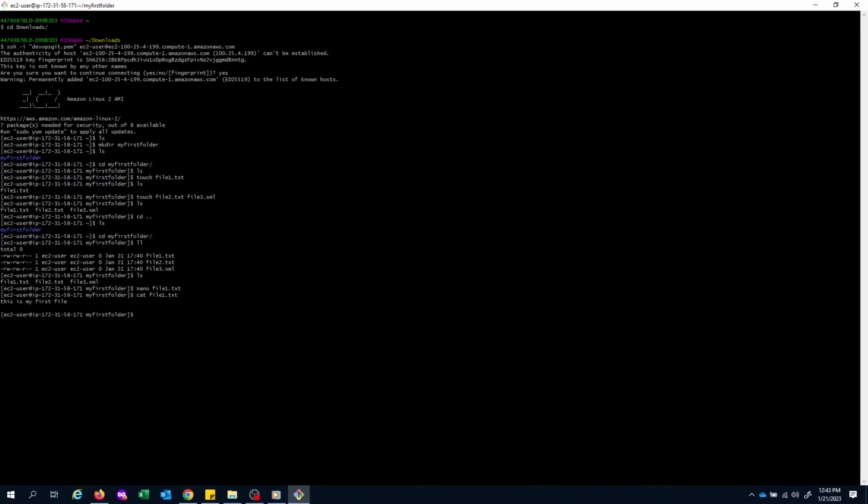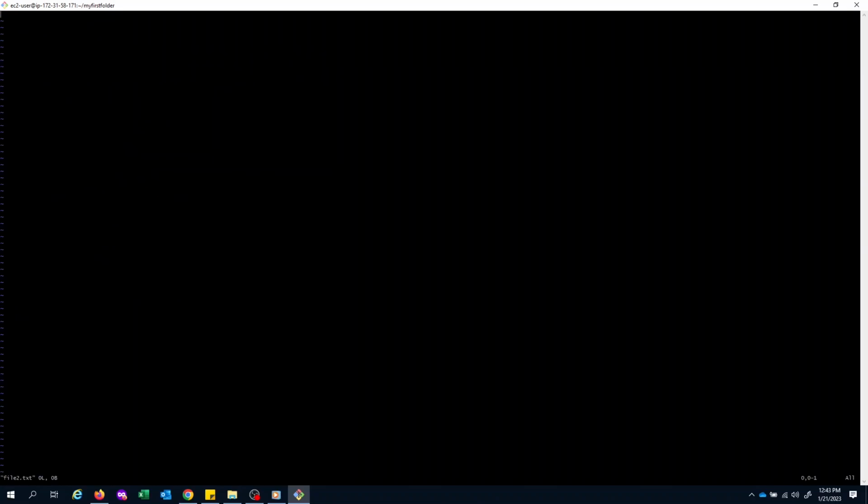And let me try showing you another editor, Vim editor, for the next file. So if I go vim file2.txt, Vim editor is slightly different again. For this one, if you want to type something, you have to first enter I. Once you hit the I on your keyboard, you see there is an insert at the end of the line. So now you can start typing. So this is my